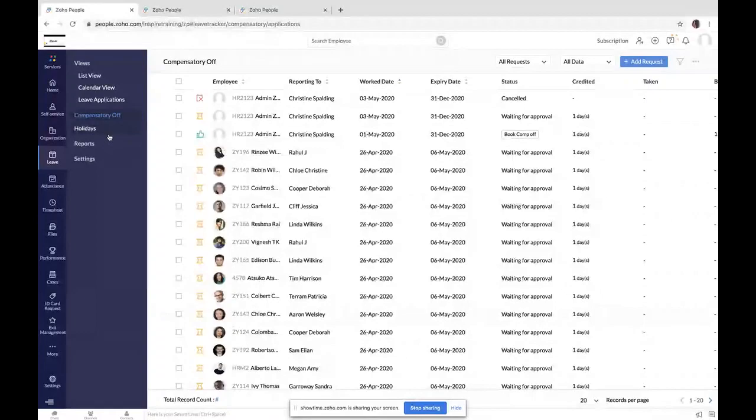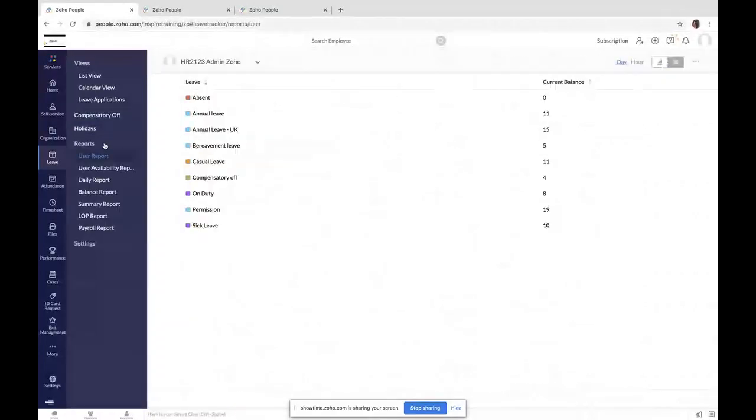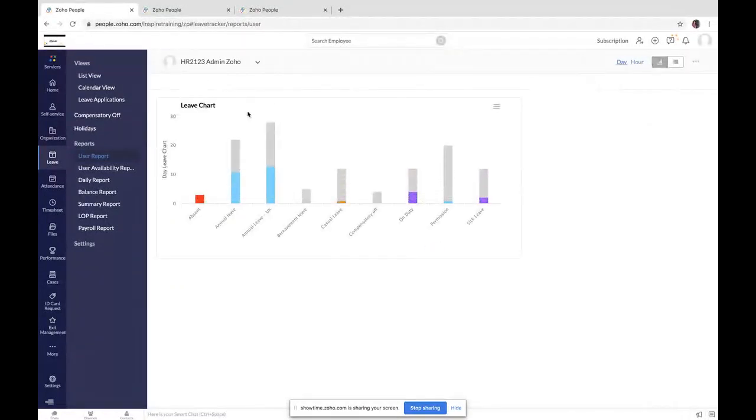And then talking about the leave reports. So it's a great way to analyze the employee leave behavior. So starting with the user report, we do have user report based on a specific employee, and the current day balance of all the leave types will be listed here. So the same can be viewed for day based and hour based leaves as well. So you can switch in between the chart view. So here you will have a chart representation of the same available and taken leave data. So you do have an option to print this data.